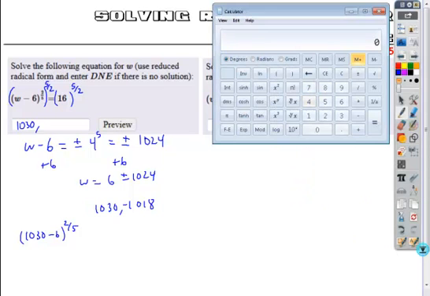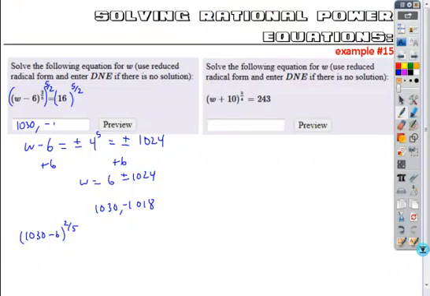So if you had just a calculator that kind of looked like this, if we did the second one, we would take negative 1018 minus 6, close that off and take it to the power of, so the power of is right here, to the power of, and then in parentheses 5 over 2, or I'm sorry, 2 over 5. Close that off and hit equals, we get 16, so it confirms once again that the other number, negative 1018,